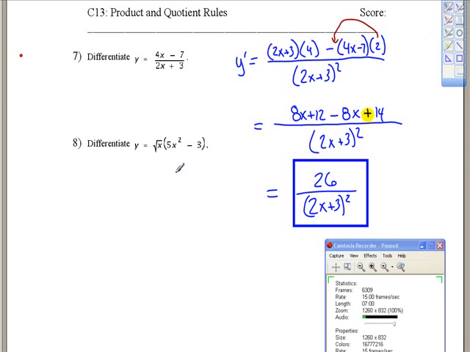We had one more to do. Number 8. We've got a product, so we're just going to go ahead and use the product rule. I kept the root x, multiplied by the derivative of the 5x squared minus 3, which was 10x, plus, then I kept the 5x squared minus 3, and multiplied by the derivative of root x, which is 1 over 2 root x,